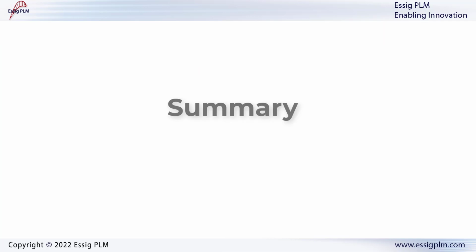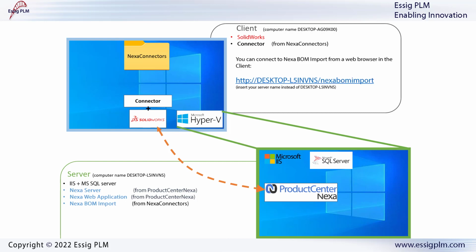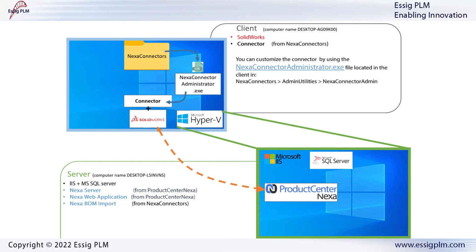In summary, we have shown you a system where there is a client with SolidWorks and the connector, and a server where there are the Nexa server, the Nexa web application, and the Nexa Bom Import Tool. We can use this configuration to store assemblies in Nexa directly from SolidWorks. We can also access Nexa or the Bom Import Tool from any web browser able to connect with the server. Any customization of the connector can also be performed within the client by using the Nexa Connector Administrator